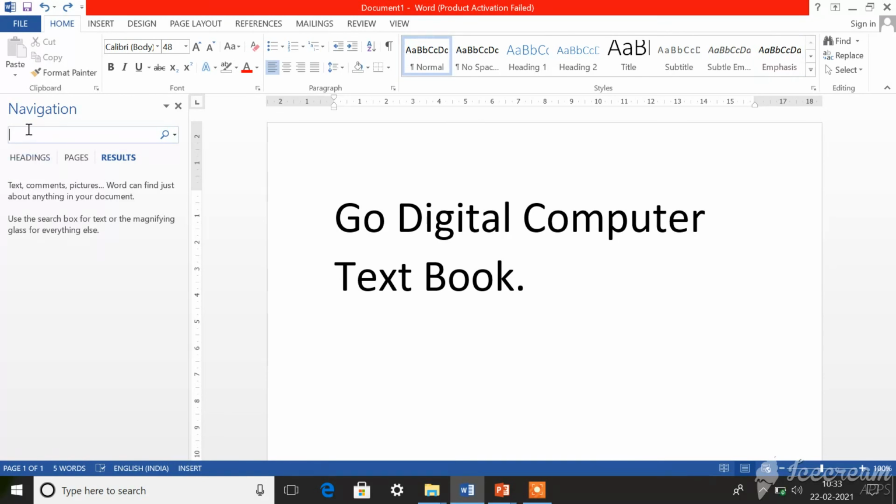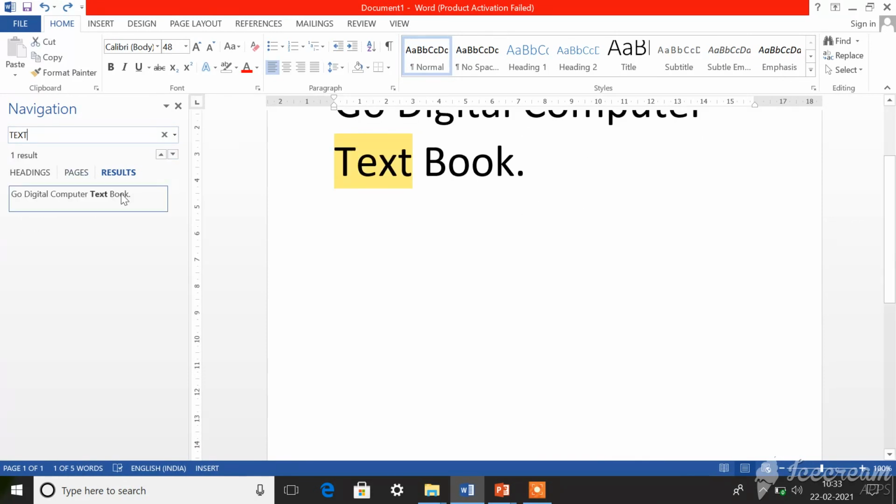Here you can type the word text. See, now the word text has been highlighted. If it is a big document, wherever this word text is available, it will be highlighted, with which you can easily find the word that you need in the entire document. Understand? So in the navigation pane, you type the word that you want to search.